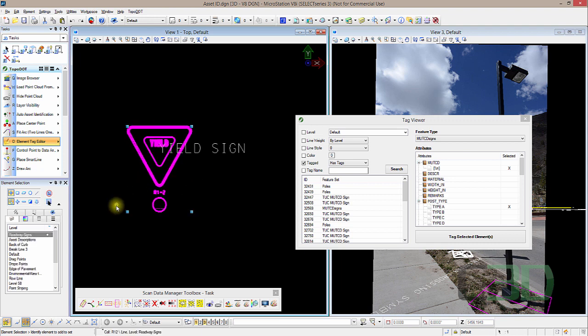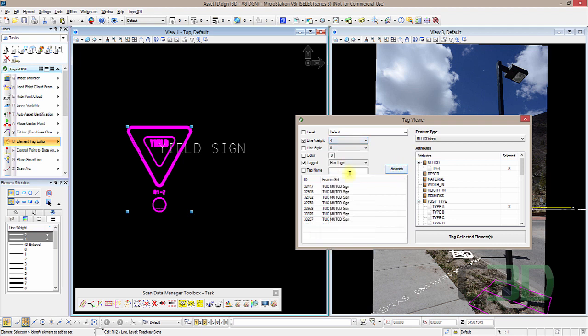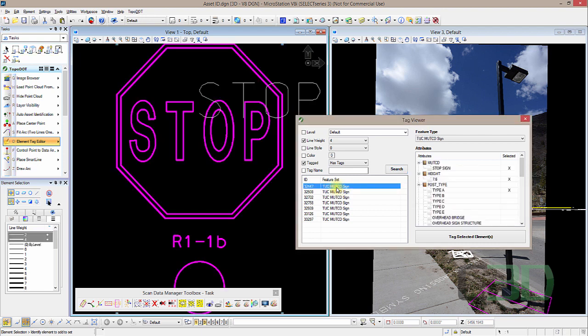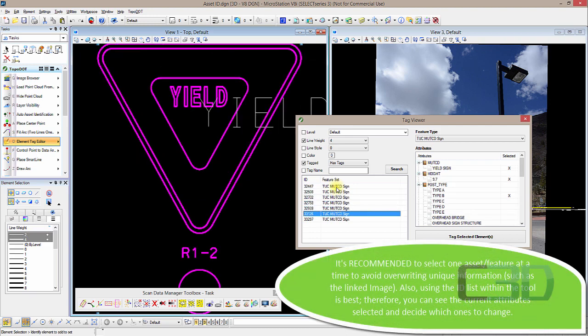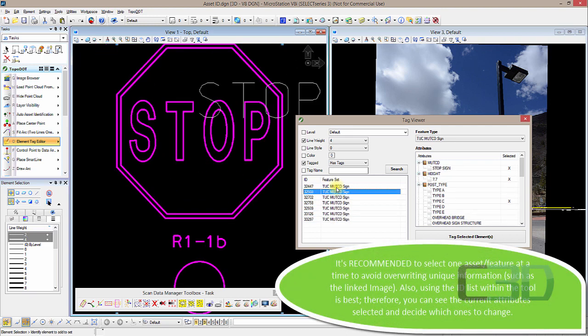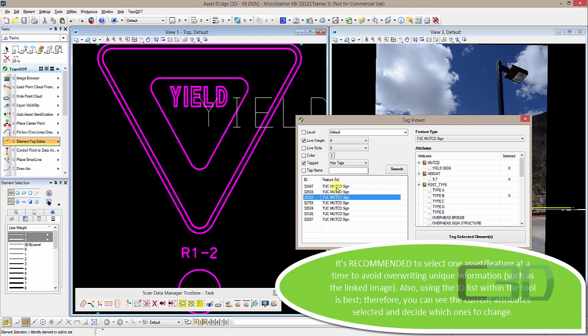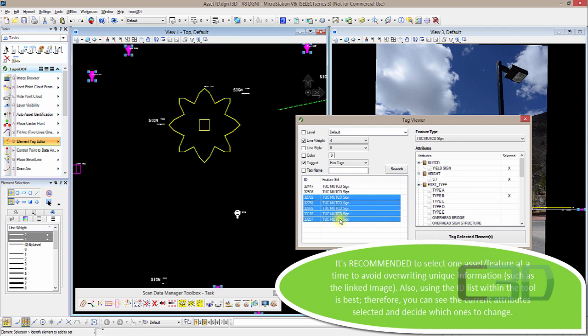So we'll select this. We'll look at the line weight. Maybe it has a different color or something like that, but we're going to go with 4 here. So we're going to choose 4. We're going to search again, and now our list is a lot smaller. So in this case, it shares the same as the stop signs as well as the yield signs. So if I skip through, it looks like we have 2 stop signs in here. That's fine. So we're going to take this one and the remaining yield signs, and we're going to change the